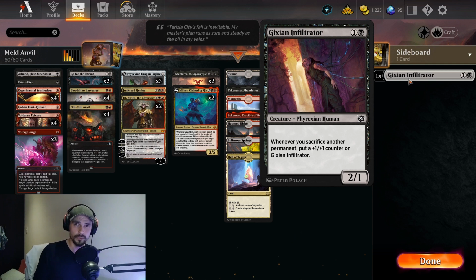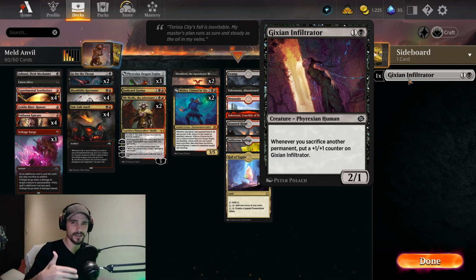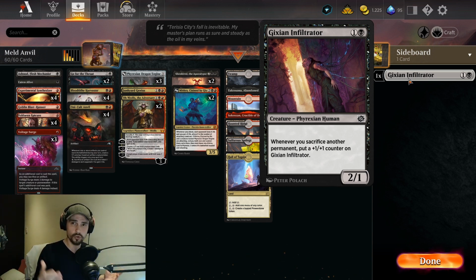It is the Phyrexian Infiltrator, a 2 mana 2/1, so the stats are okay for a 2-drop. Whenever you sacrifice another permanent, it doesn't matter what, creature, artifact, any permanent, we can put a 1/1 counter on the Infiltrator, and it's not limited to once a turn, so if we start sacrificing things, we sometimes put 3-4 counters on him in a turn. This is why I ran one at the beginning, and when I drew him, sometimes he was removed on the spot